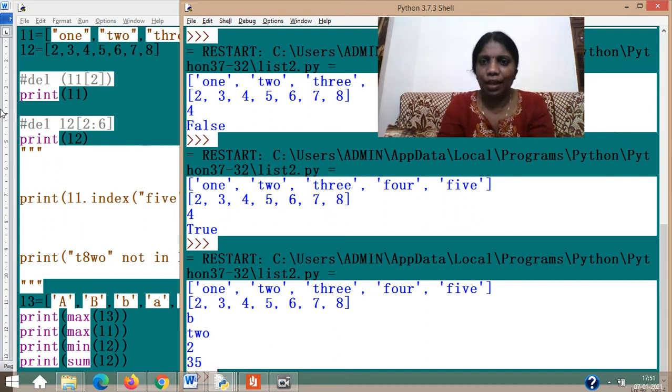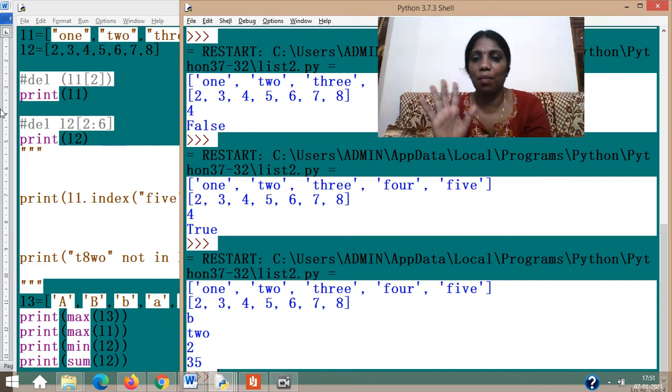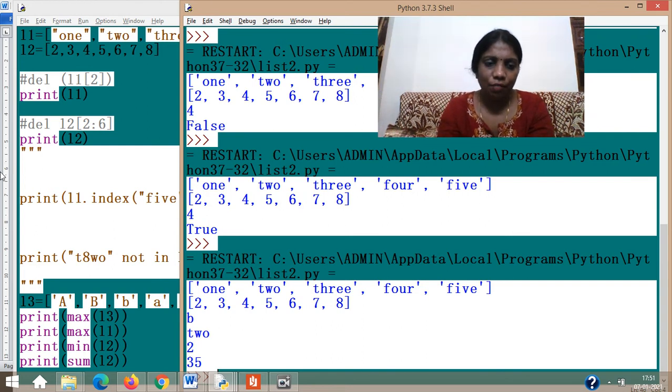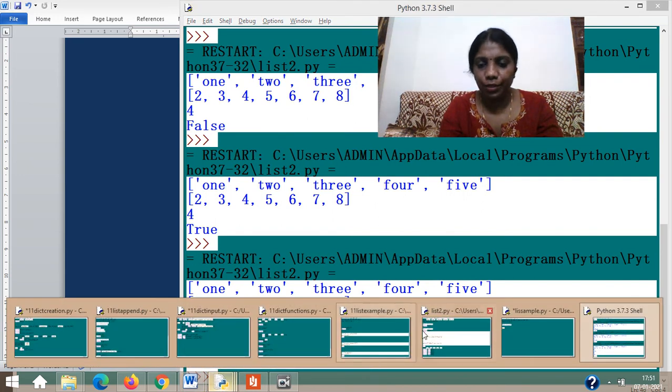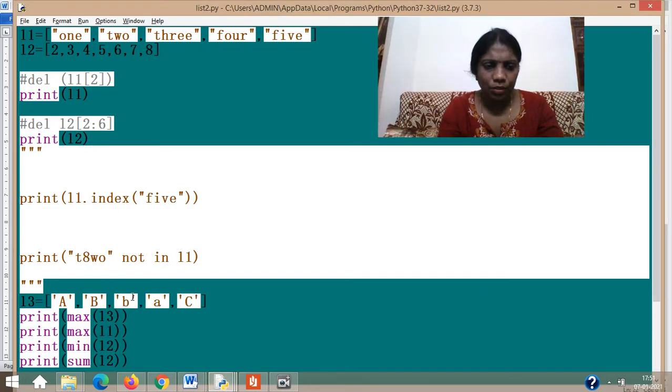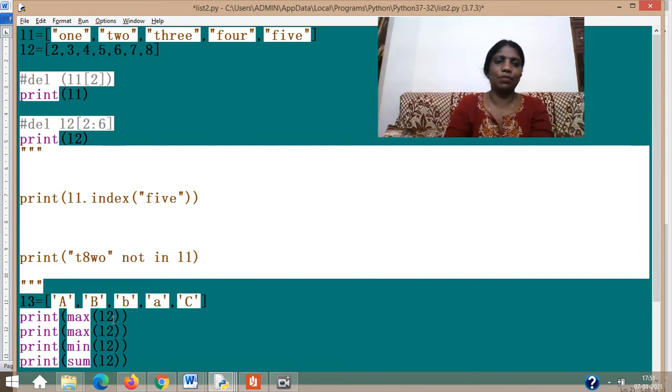About ASCII value, I don't think I have introduced it to you, but understand that there is an indicator of integer values for your alphabets in the memory. Since B and T's integer is higher than the others, that is why they are shown as max here. But in numbers it is easy, isn't it? If I change this, instead of L3 I put L2. It's already there, so I don't have to give it, but still I'm giving L2.